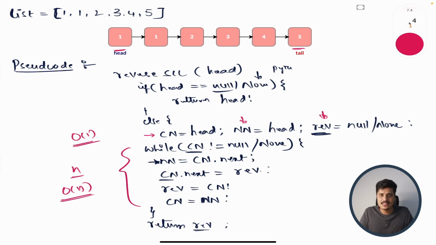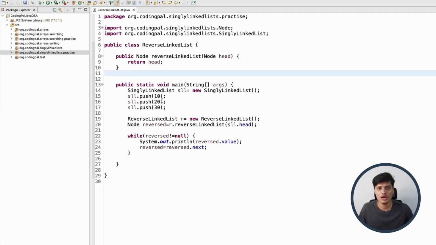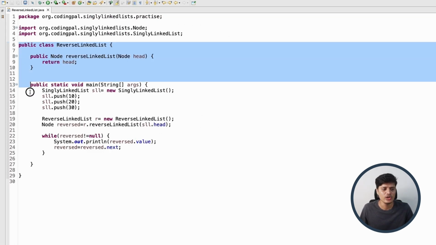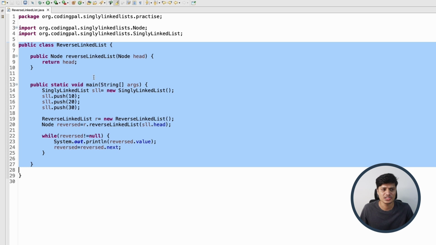Okay, so that is the pseudocode for the overhyped reversal of the singly linked list. Now let's write the Java logic for reversing the singly linked list. Since it is our first singly linked list practice problem that we are trying to implement, I have created a new package called practice inside the singly linked list folder, and there I have created a new file called reverse linked list. In this, basically I have added all the new classes as well as the function in which we